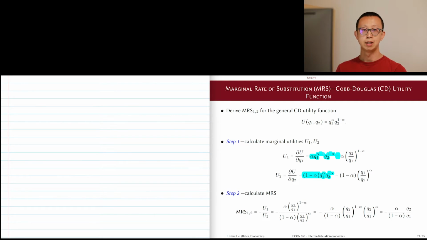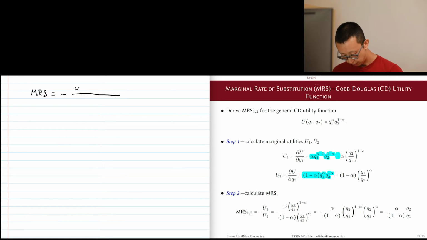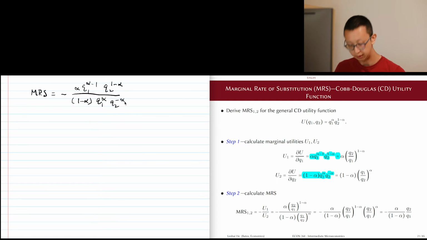And then what we'd have is just MRS is equal to minus alpha times q1 to the power of alpha minus 1 times q2 to the power of 1 minus alpha, divided by 1 minus alpha times q1 to the power of alpha and q2 to the power of minus alpha. And now, to work with this expression, we need to recognize that, first of all, the value of